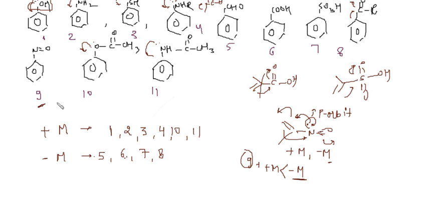Okay, so the ninth is overall a ring deactivator, so it falls under the category of deactivating group, that's why we dominate the minus M group over the plus M group. Okay,